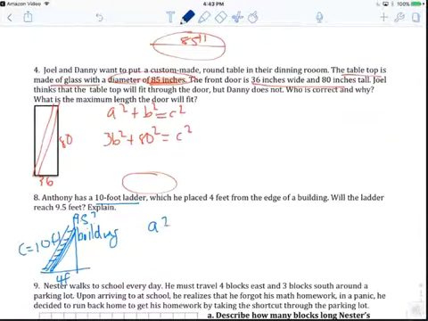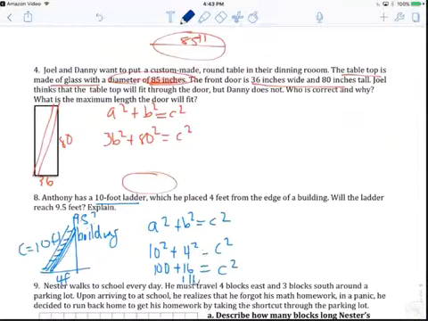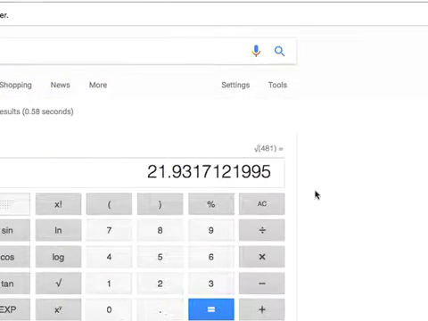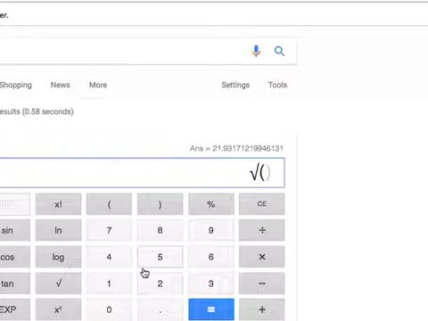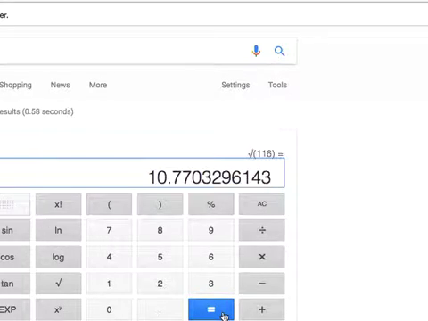Do a squared plus b squared equals c squared. 10 squared plus 4 squared equals c squared. 100 plus 16 equals c squared. 116 equals c squared, square root. You use the computer, internet. Square root of 116 equals